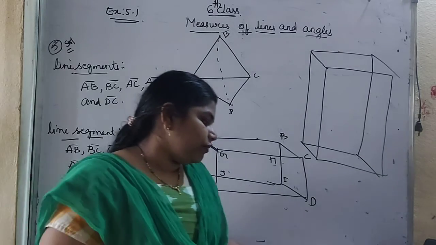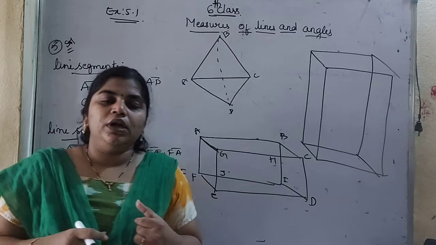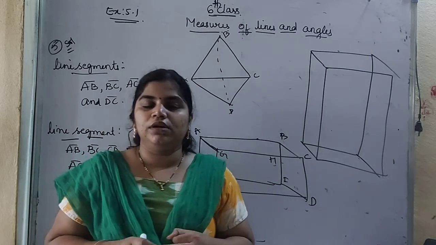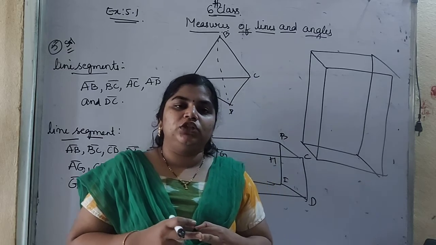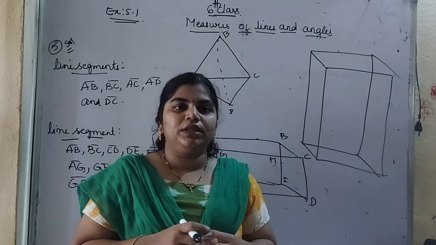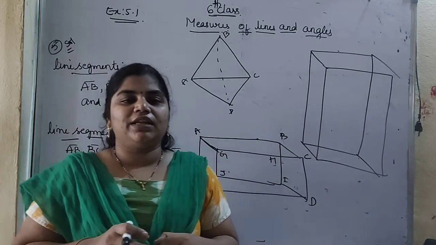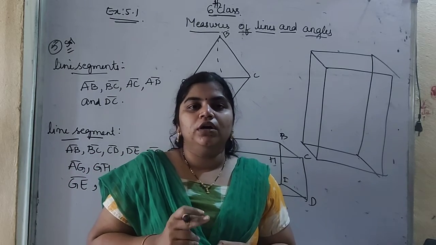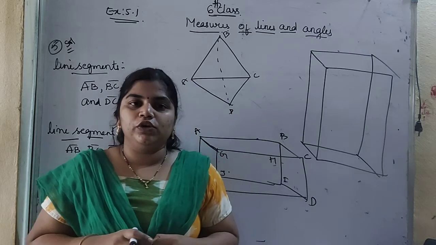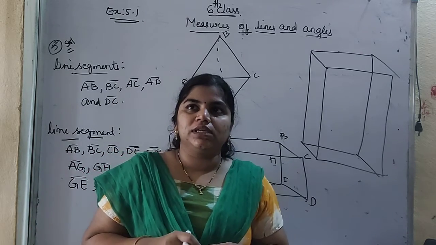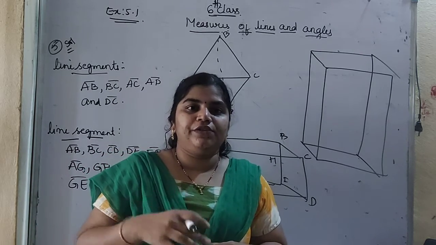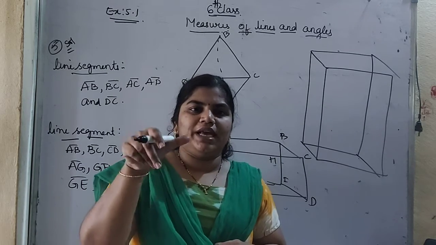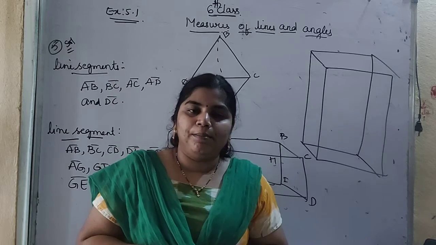Okay, so now what we have learned in this: we have learned about line, what is a line, how many different types of angles there are, and what the methods for measuring a line are. We have two methods, one is by using a scale and the other is by using a divider. So which one is better to use here? A divider is a better way than a scale, because by using the scale you can get a difference of 1 or 2 points, but by using the divider you will not get any difference. It will be the exact value you can mark.